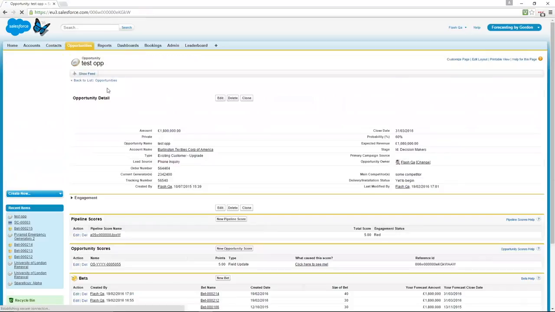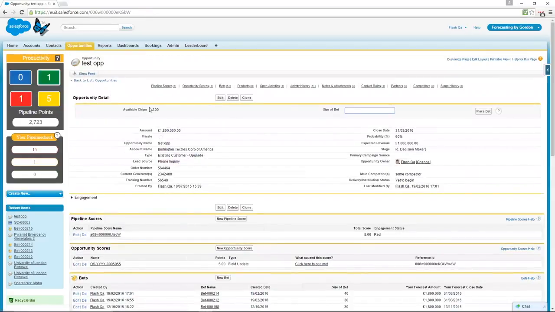If I go into my deals, I can see I have 300 chips, so I could divide them equally across all of my deals if I was equally confident about each opportunity. But it makes sense for me to put more chips on the opportunities I'm more confident about and less on the ones that I'm less confident about. That is because I will win chips as I close my deals. And the more accurate I am about the value and close date, the more chips that I will win.